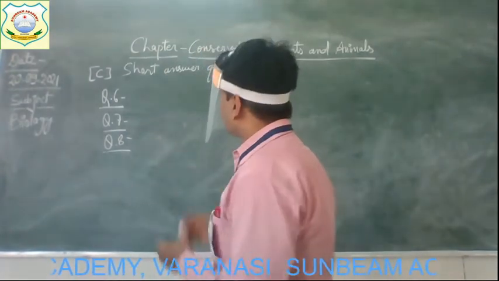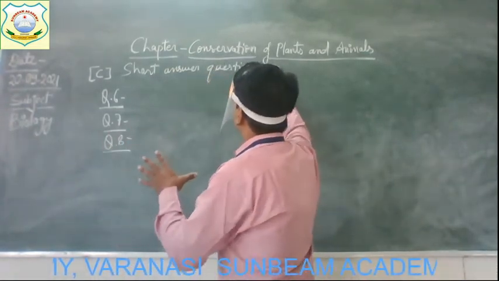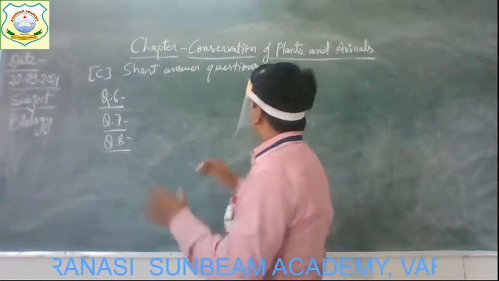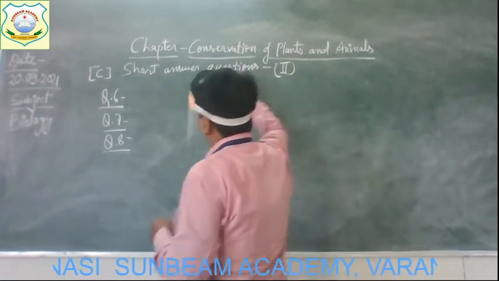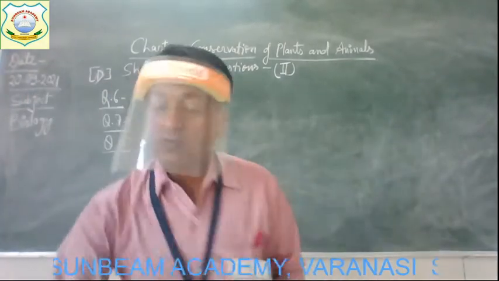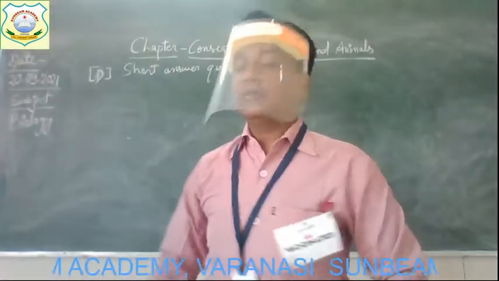Now we have some more short answer questions. These were the short answer questions given in type 1. Now in type 2, we have some more questions given in the book exercise. So let's discuss these questions also. The question number 1 is,